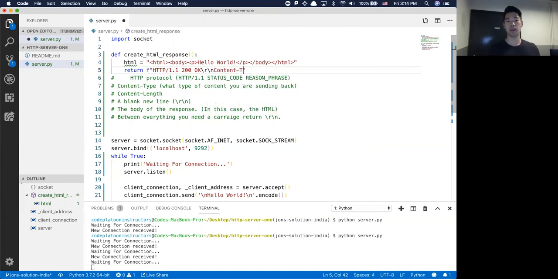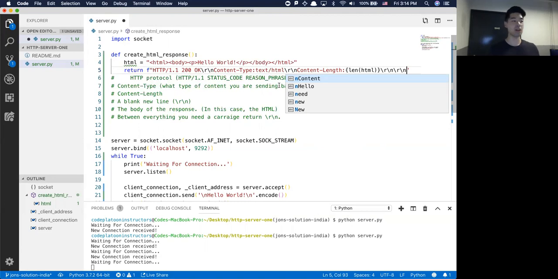Content type is equal to, I think, text/html is what we're looking for. \r\n. Content length is actually going to be the len of HTML, those parentheses, \r\n\r\n again, because I have the blank new line and then another blank new line,